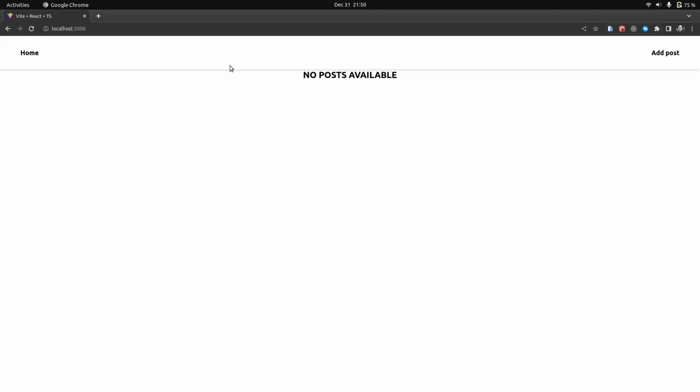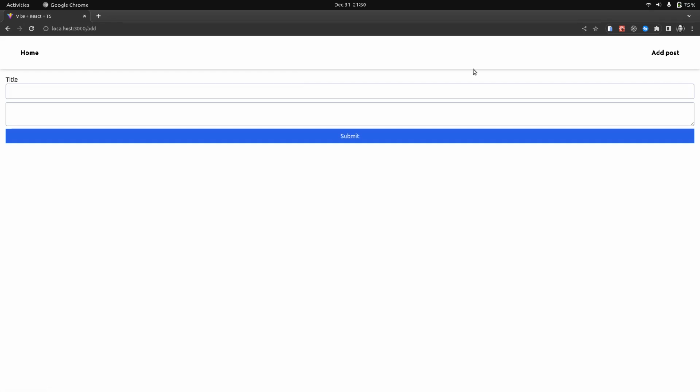So we just have simple navigation. Already I've set up the routing and a simple service for handling our posts, creating a post, deleting a post, editing a post, and what have you. So I'm just focusing on the functionality, not how the site will look. So this one is for going back to the home page, and this one is for adding a post. So you click on this add post, it will navigate you to add, which